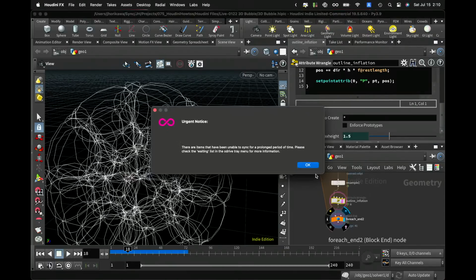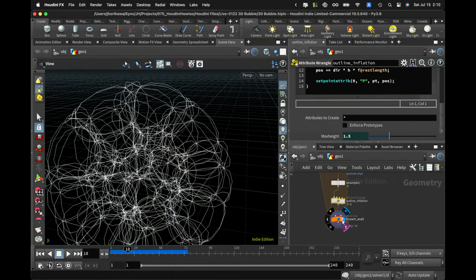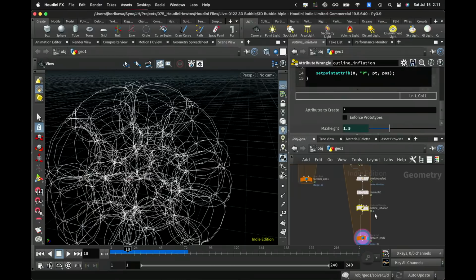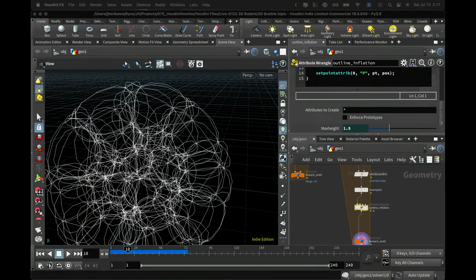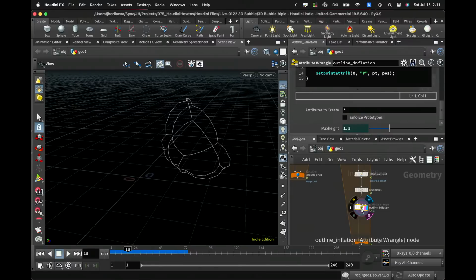Okay, just inflating the curve might be fine for some of you. It also looked like a bubble in the end, but I think it is interesting to make the surface look inflated, especially for rendering some stuff like that. So that's what I'm gonna do. Okay, to do the inflation for a surface using this as a guide,